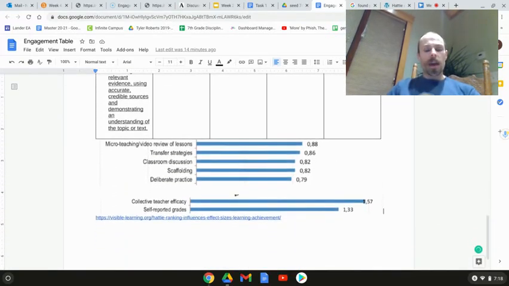So coming on down here to the Hattie stuff, I found this website that has a pretty good visualization of some of the effect sizes of Hattie. And since I'm in a co-teaching setting, I feel like collective teacher efficacy is pretty well there. We collaborate with one another on everything, and we stay really goal-oriented and believe that we have an impact and believe that data that we're gathering is showing our impact. It always feels good to see student growth on sort of incremental tests. We just did our mid-year reading assessments, and things are going where we want them to go.